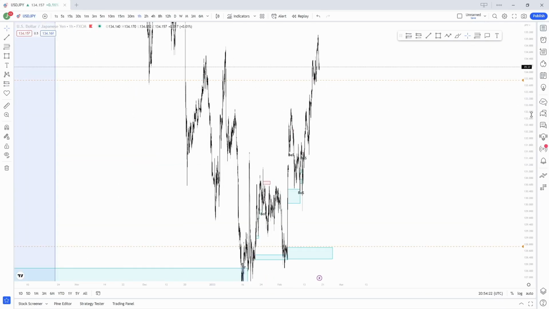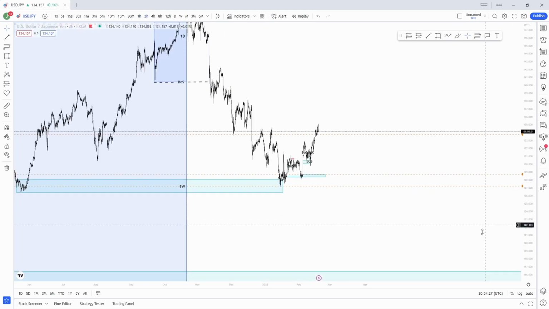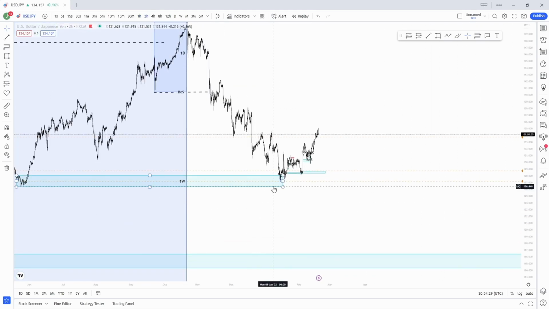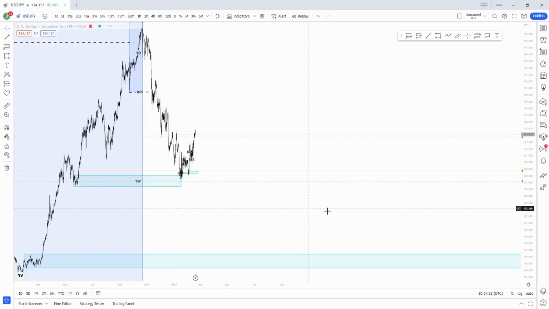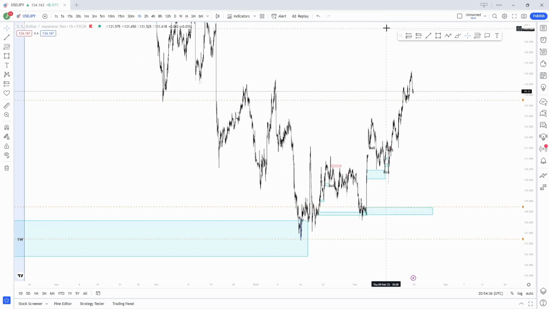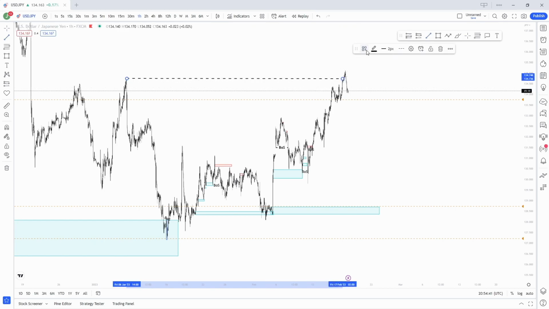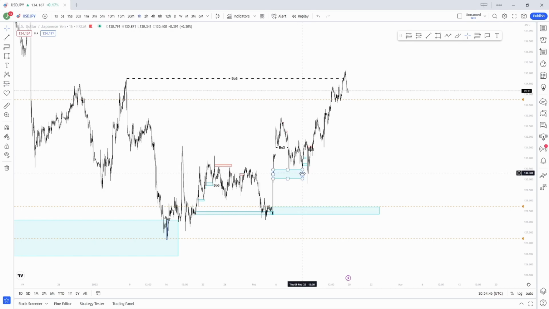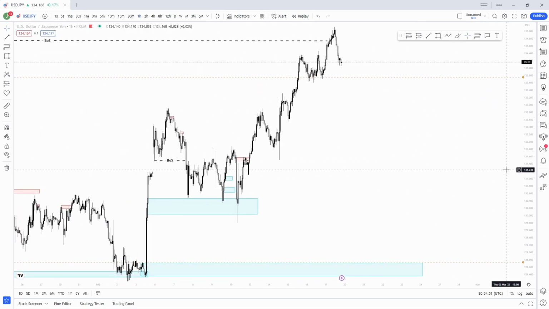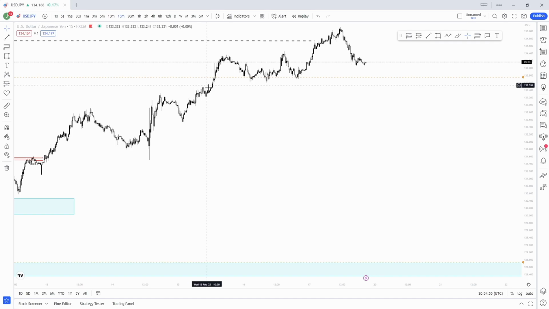Let's head on over to dollar yen, where we can see that what I wanted to happen is happening pretty perfectly, where after we had the tap into this major demand zone, we have seen the reversal. We have now been given proper confirmation of a clear break of structure to the upside because this major protected high has been broken. We can see this whole time price has been reacting to demand zones as we've traded higher, and now I can expect that a pullback may be due some point in this market,